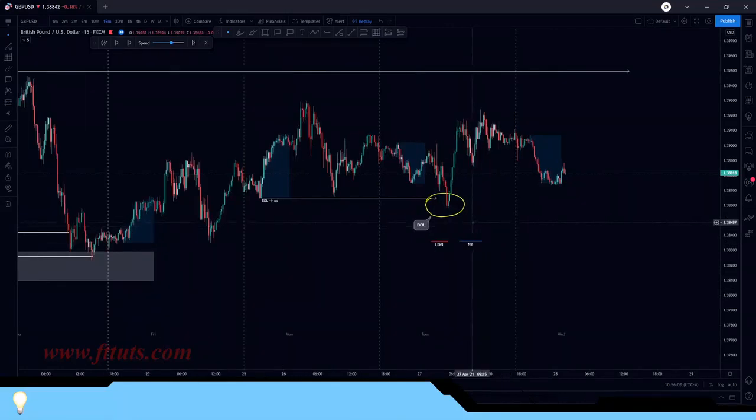entries or for executions. So we have the sweep of the Asia lows here in the London Open. We created consecutive bullish candles to the upside. But shortly after, price drew liquidity below the actual daily low and then started pushing to the upside. So the trade here would have been the buys after the drawn liquidity. There was somewhat of a